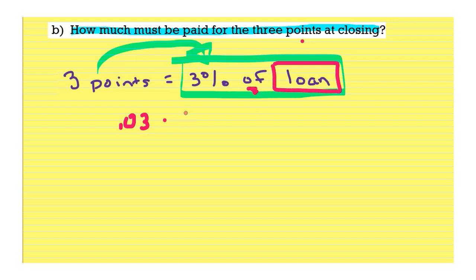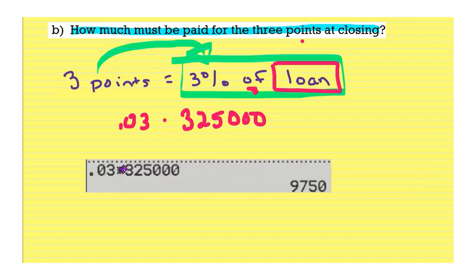The loan amount we determined earlier was $325,000. So when we calculate that, we are going to find that our cost of our 3 points will be